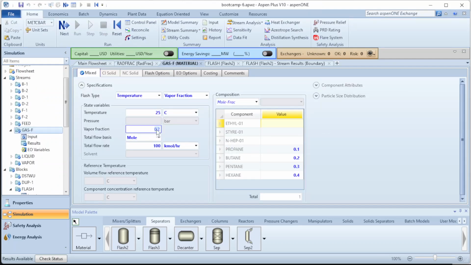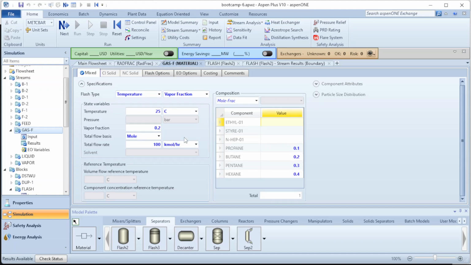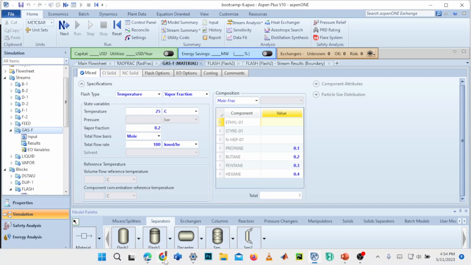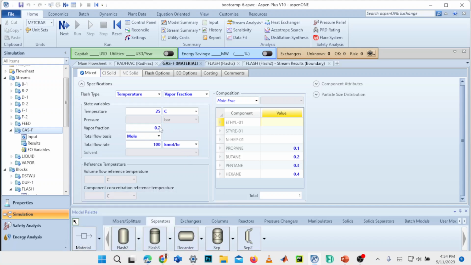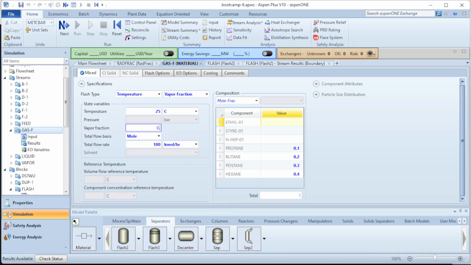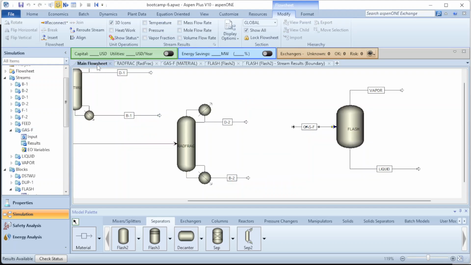I check this to be 0.4, 0.8, and at this temperature, none of them is vapor. Okay, let me try and change it to 0.5. Later on, I'm going to show you a way to do sensitivity to find at what pressure we are going to get